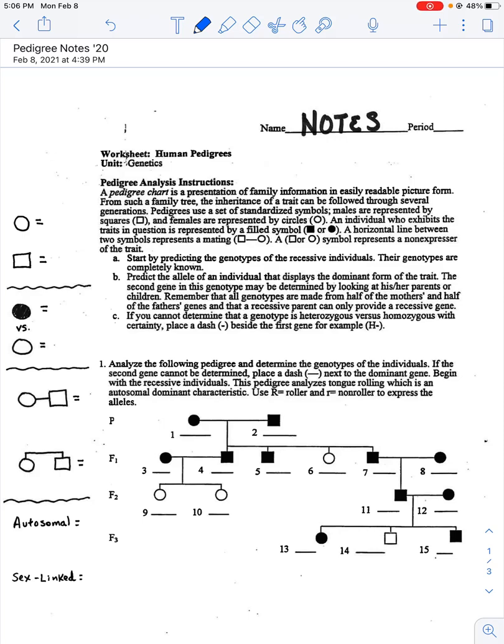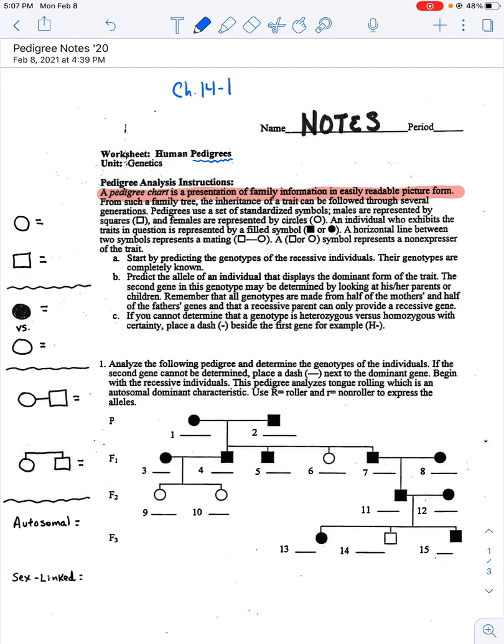The information covered in these notes is a continuation of Chapter 14, Section 1. In that section, there's a lot of information about chromosomal genetics, but in it, there is a section on pedigrees. And so that is what the theme of today's notes is. So starting at the very beginning, a pedigree chart is a presentation of family information in an easily readable picture